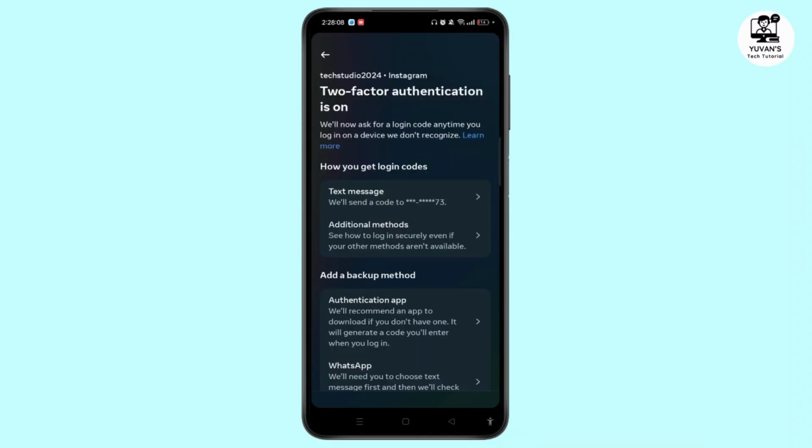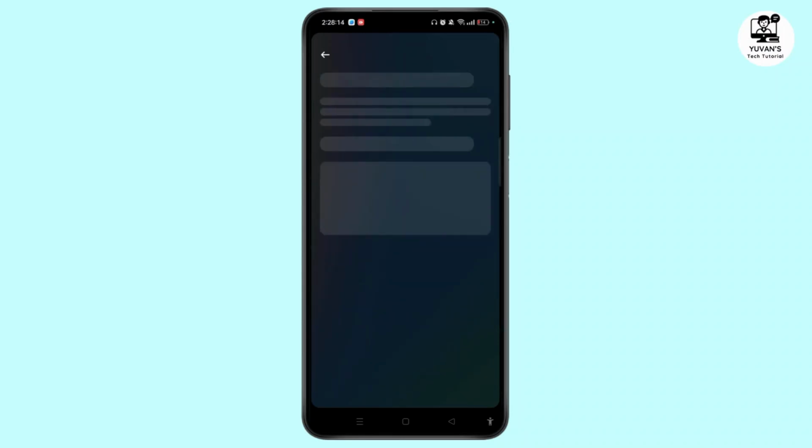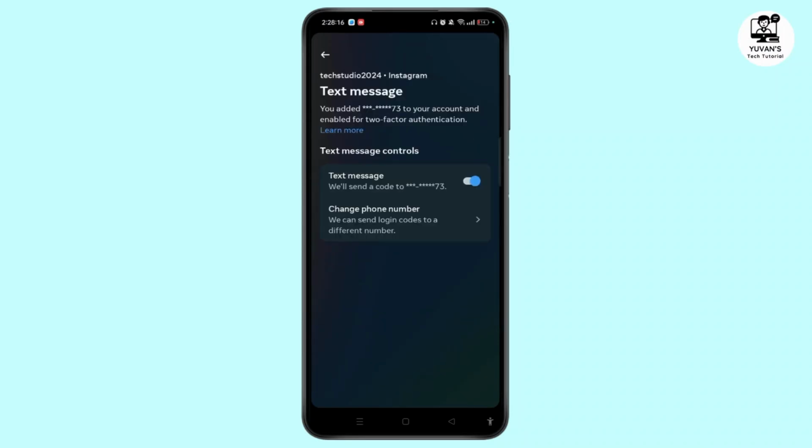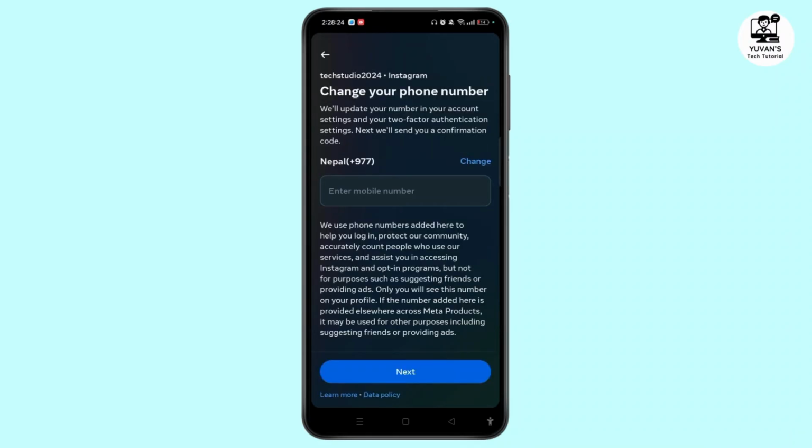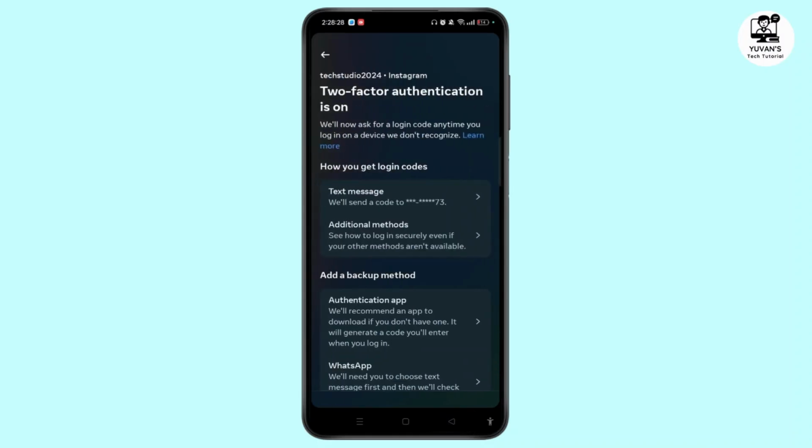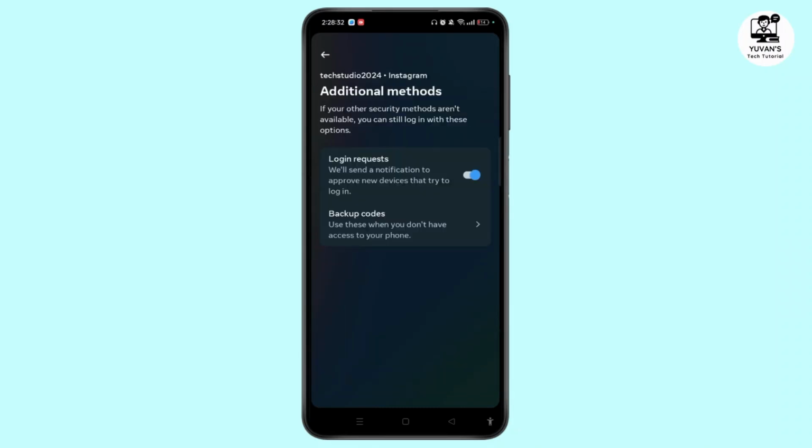After you have chosen that, here it is shown how you get login code. Simply you need to tap on text message and you can toggle on the text message. If you want to change phone number, you can tap on change phone number and you can enter a new phone number here. After that, you can also tap on additional methods and here you can toggle on the login